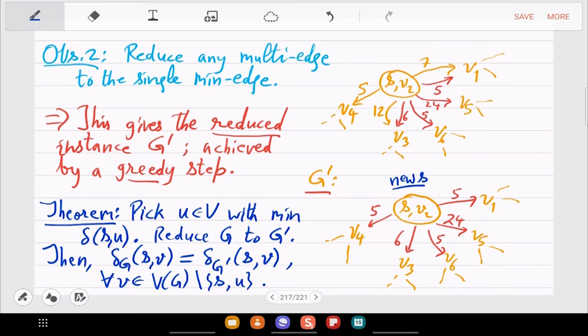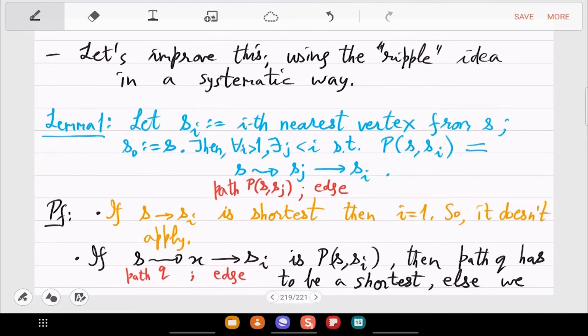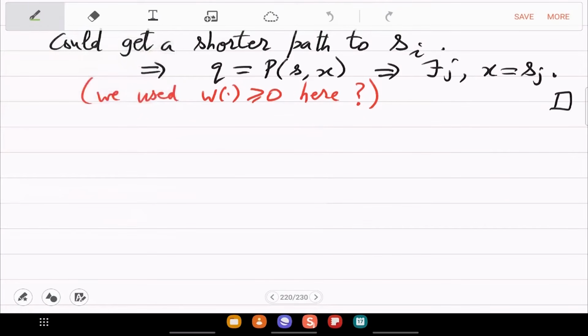but we want to improve on that, and also we want a more elegant structure related to shortest paths. So we'll now continue and use this lemma that we proved, which says that in any shortest path, the subpaths are also shortest. Shortest paths are closed under subpaths. Namely, if S to Si is the shortest path, then the vertex just before that, called Sj, is also on the shortest path from S. And here we use the property that weights are positive, or in other words, weights cannot be negative.